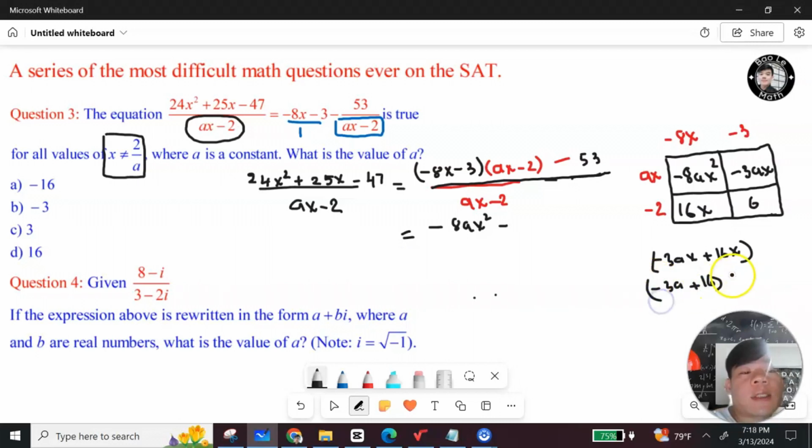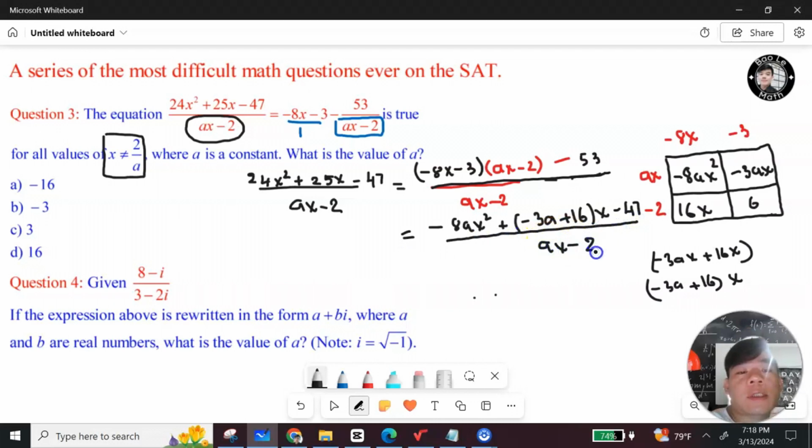I put s outside like this, so I have plus parenthesis negative 3 plus 2a times s like this. Now I write the constant over here, 6 minus 53. 6 minus 53 is going to be negative 47, right? Over